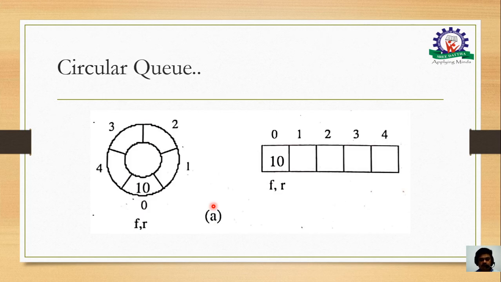In figure A, at the left side, I have shown the circular queue diagram. The front end and the rear end are at the same position, which means it is wrapped up. Similarly, I have shown it implemented in array form, where f and r are marking the same index location 0. Before 10 is inserted in the circular queue, my queue was empty. So the values of f and r are: f is equal to 0 and r is equal to minus 1.